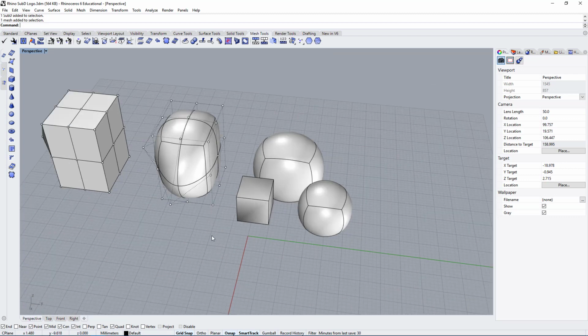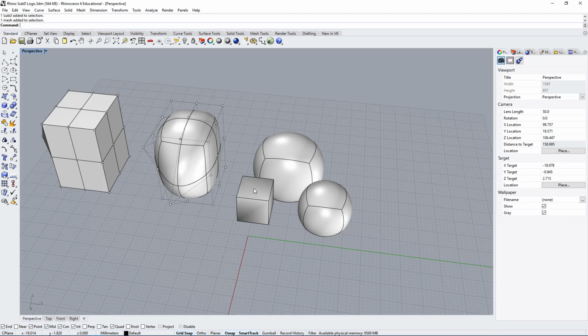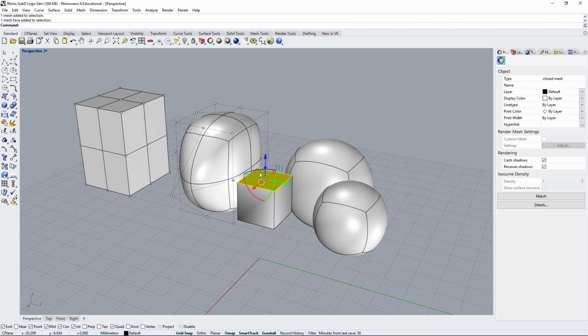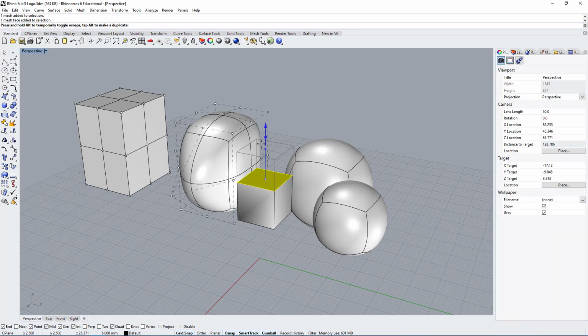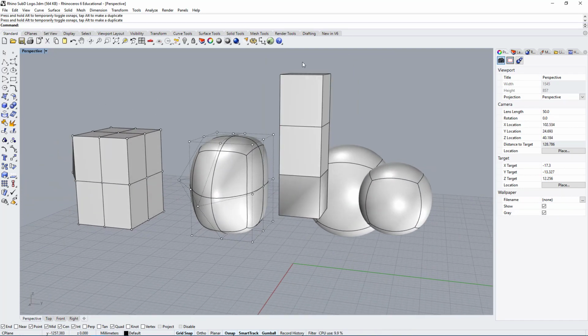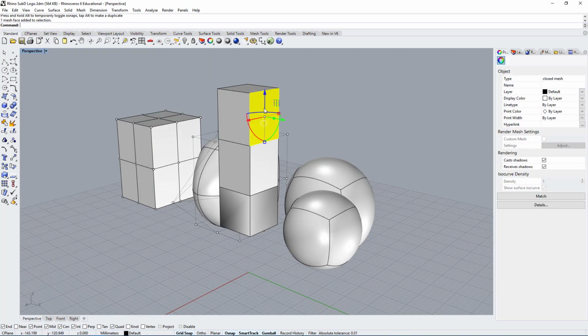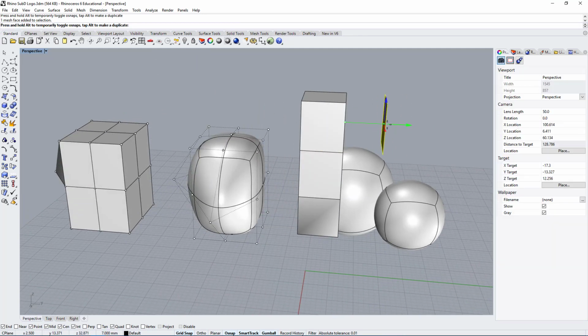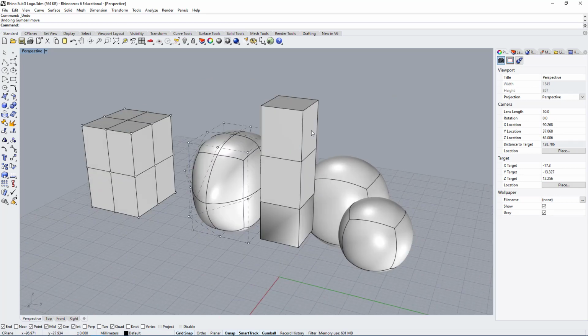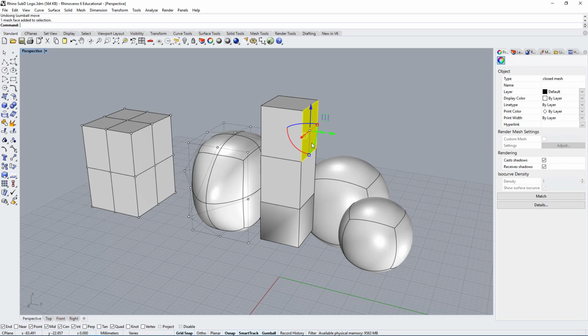One example of this would be if I select a face, so you can use Control Shift, select the upper face, and I can extrude it. So I can use the gumball or I can use the extrude command. I like to use the gumball because it's really straightforward, right? You can click up here and you can make it greater and you can keep on extending it. So this is one simple way to work with mesh. You can select a face, you can extend it, and you can move things around. You can use Control Shift, sub-object selection by clicking on the face, extrude by clicking on this circular handle.